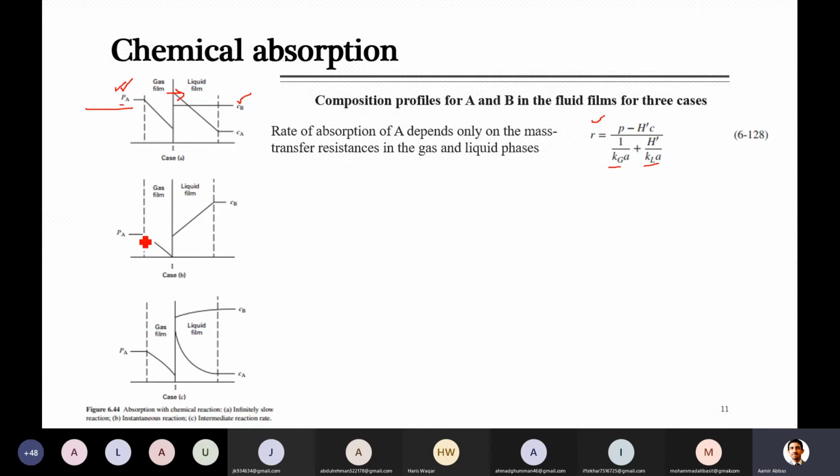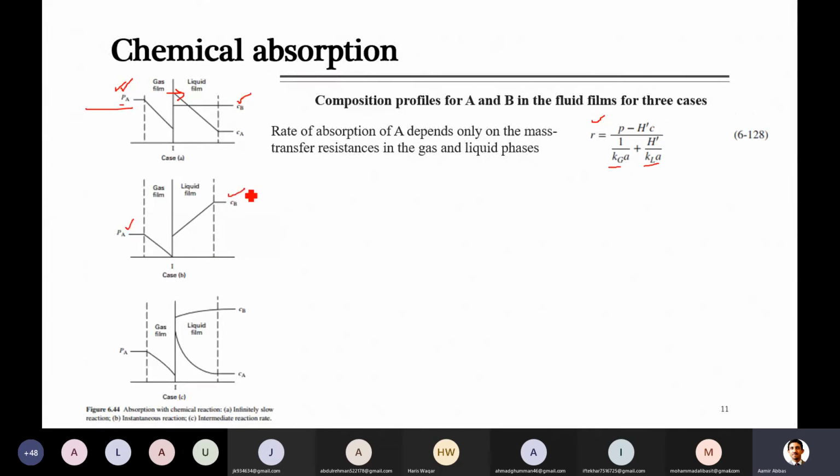So you can see here that again this profile for the gas film remains the same: in the bulk its concentration is constant, and then inside the film its concentration keeps on decreasing. But you don't see anything of component A on the liquid film side. The reason is that A and B are going to just react with each other when they come in contact, and here A is completely lost, it is converted into some other component and loses its identity. Due to this reason we can't see any amount of A inside the liquid film.